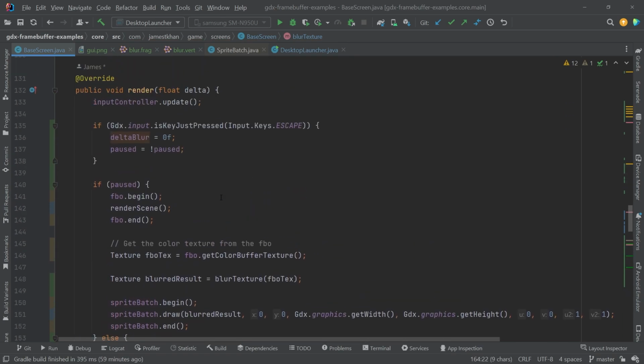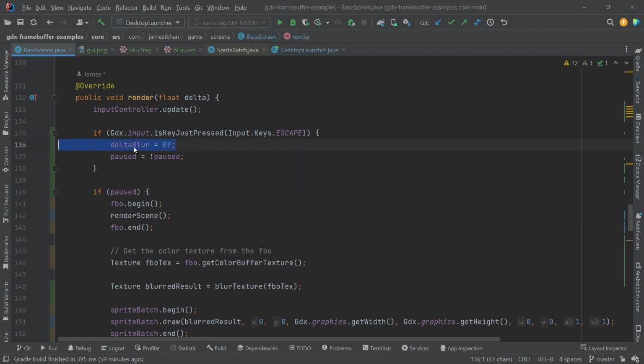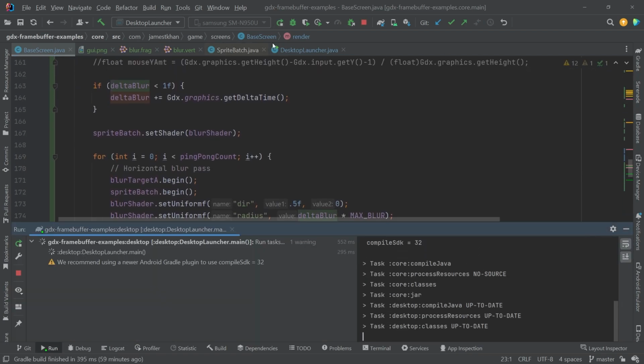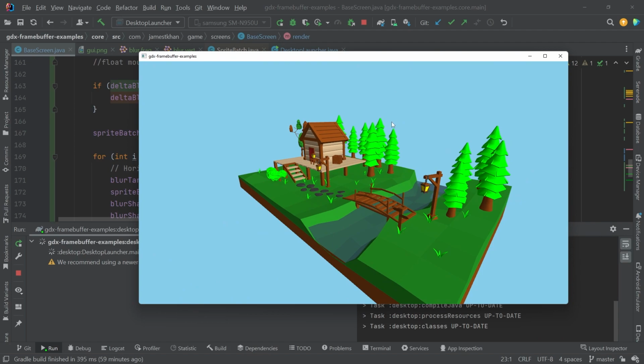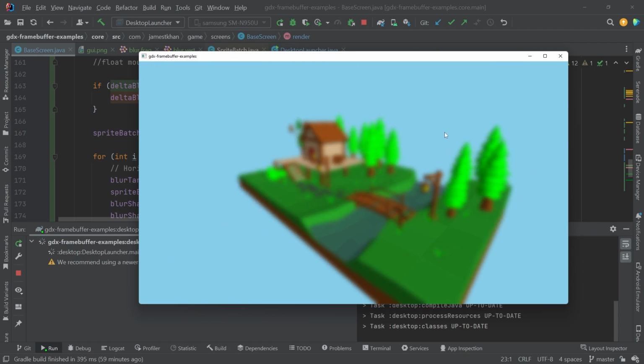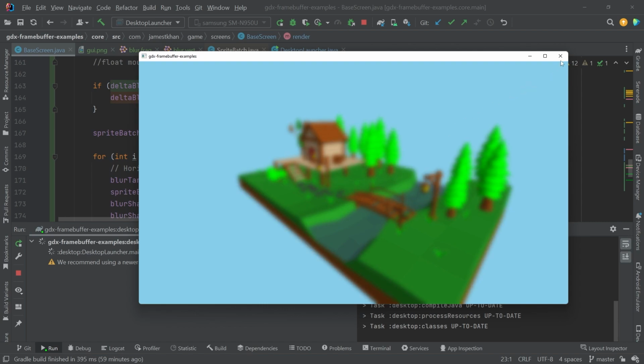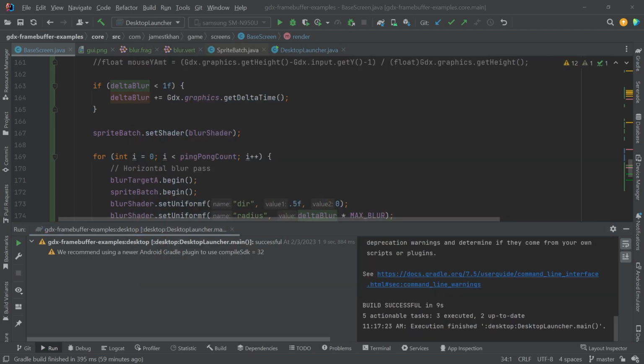And since our deltaBlur is being reset to 0 every time we press escape, that resets our blur increment. So if we try to run it now and I press escape, we'll see that gradual blur that happens, which is kind of a cool effect. And then lastly,